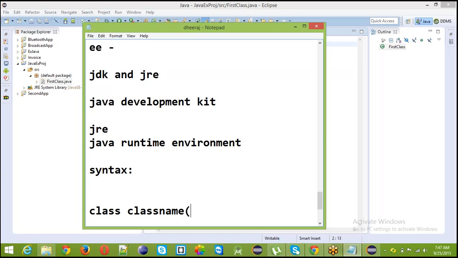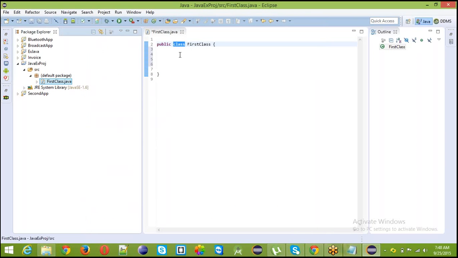The class name may be anything, it is user defined, the user will define it. You just write the class and the class name like this.